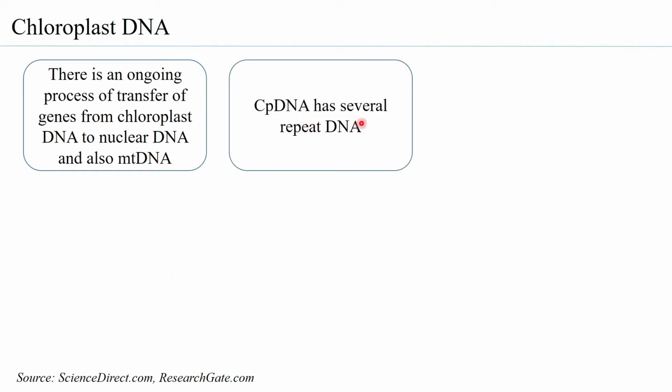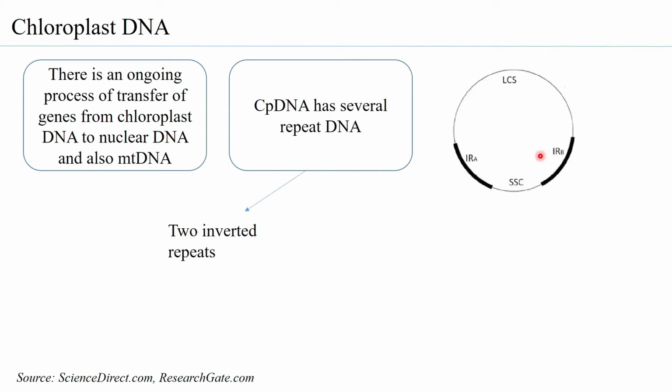Now, the chloroplast DNA also has been observed to have several repeating DNA sequences. So, when we talk about repeating DNA sequence, it is a sequence which you will find more than once in the DNA. So, there are actually about 6 families of repeating DNAs that are found in several chloroplast DNA. There are 2 inverted repeats. This is something that has been found in a lot of chloroplast across species.